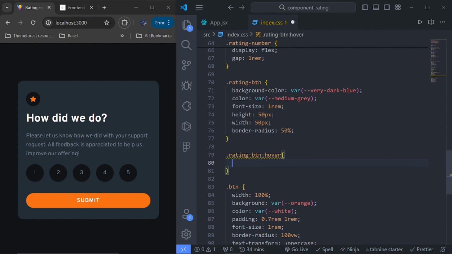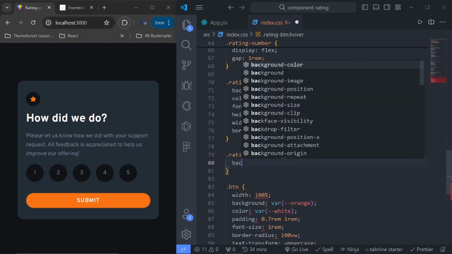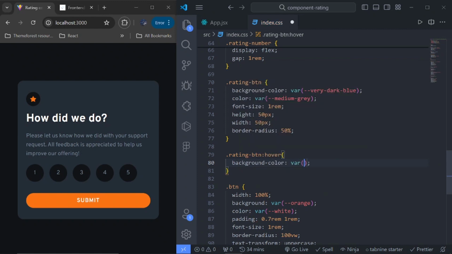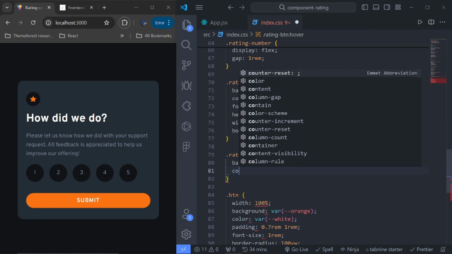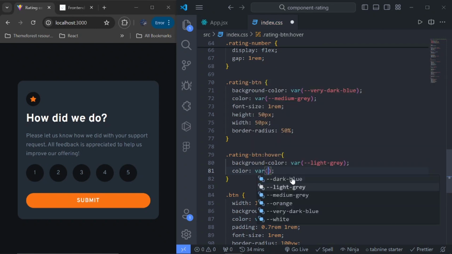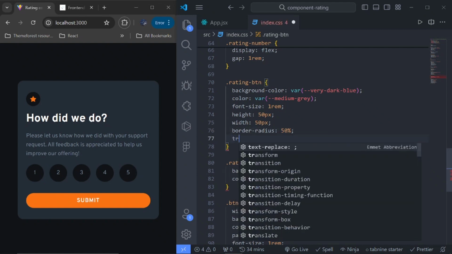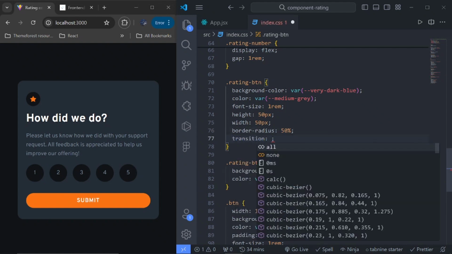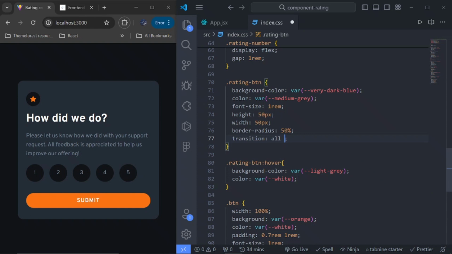And when we hover, what do we want? We want the background color to be this light gray, and we want the color to be white. And while we are there, let's just add the transition so that it just happens fast. And just say all should be 0.2s ease. So when we hover over it,